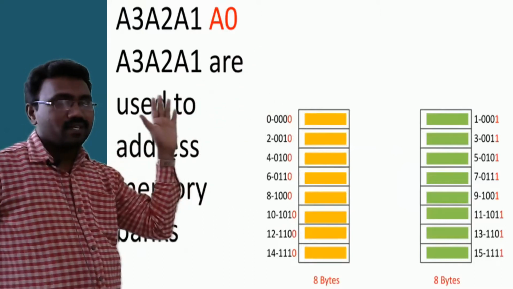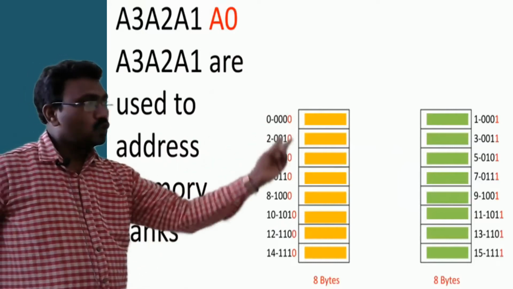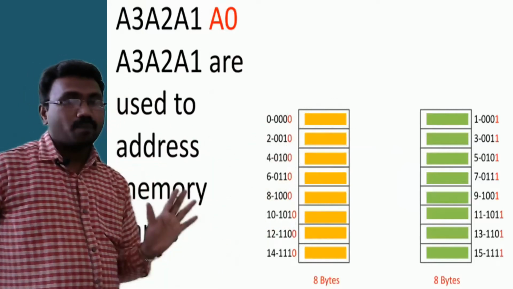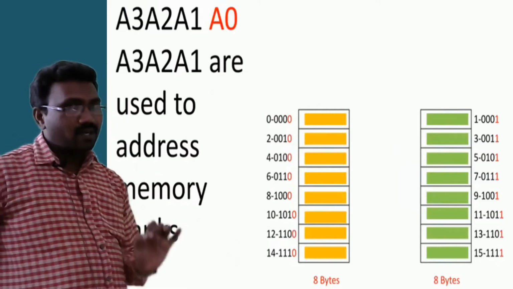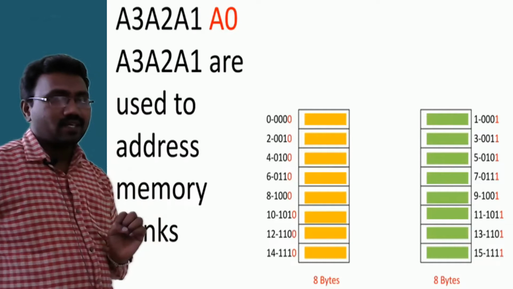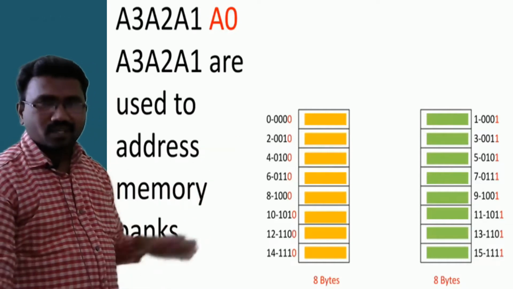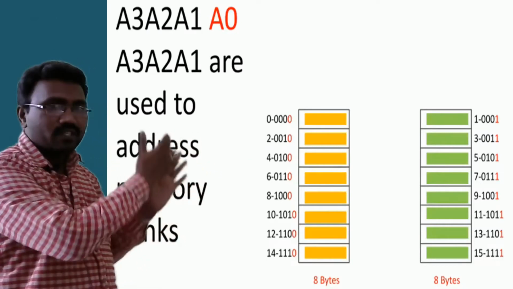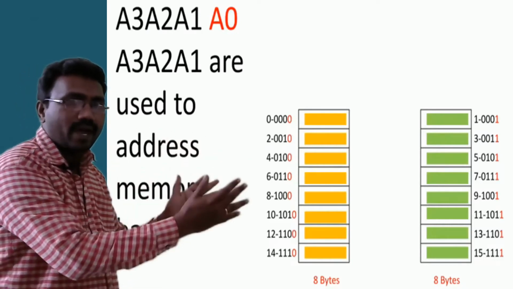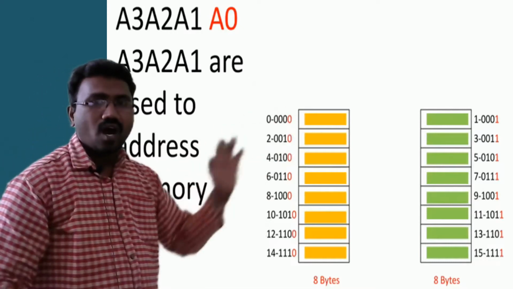Here, previously, instead of one chip, we are using 2 chips. The 2 chips are accessed simultaneously. If the processor wants to access 16 bits of data, these 2 chips can be accessed simultaneously if you use the memory banking concept. Is it clear how the 16 locations are divided into 2 memory banks? Even addresses are assigned to the even bank, odd addresses are assigned to the odd bank.